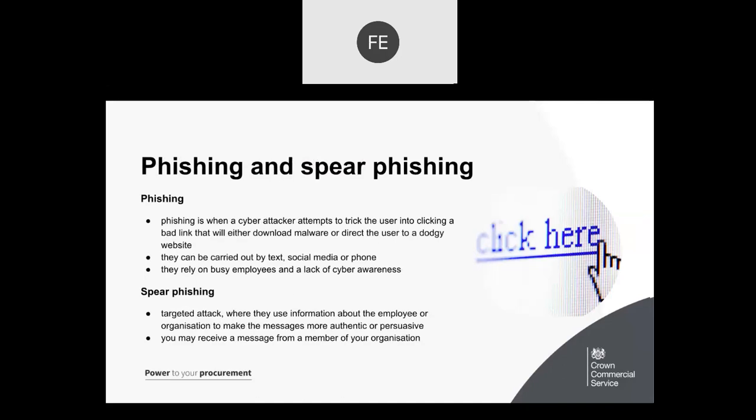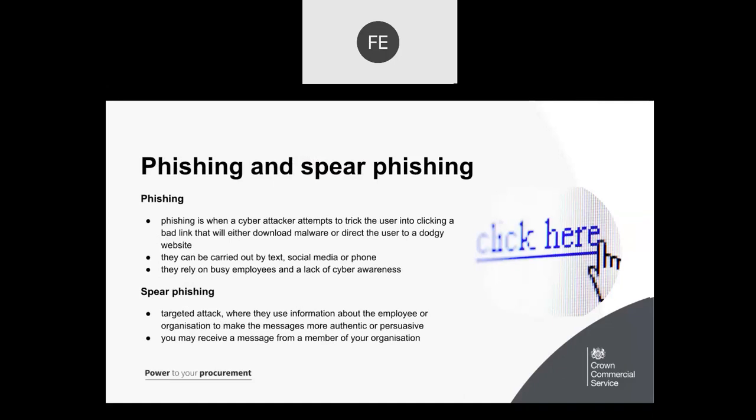So, phishing and spear phishing. Phishing is when a cyber attacker attempts to trick the user into clicking a bad link that will either download malware or direct the user to a dodgy website. They can be carried out by text, social media, or by phone, and they rely on busy employees and a lack of cyber awareness. There's also spear phishing, which is a more targeted attack where they will use information about